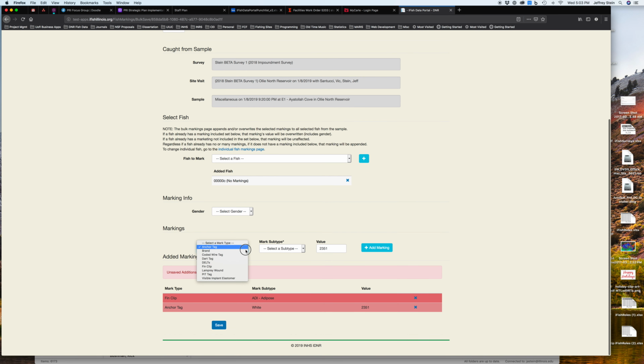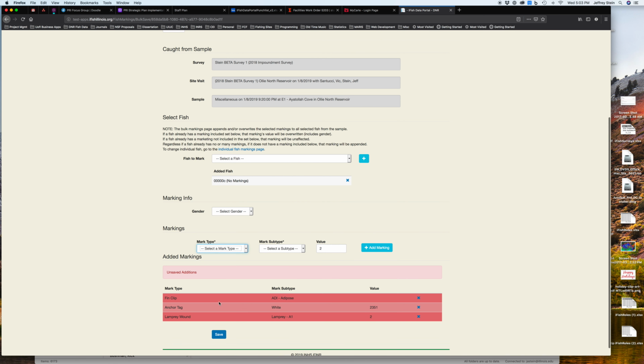And then what I've also observed about this fish is that it has a couple lamprey wounds. The first one is an A1, and I've actually observed 2 of those, so I'm just going to use the value field for that. And there you can see in our list we have an A1 lamprey wound, and there's 2 of them on